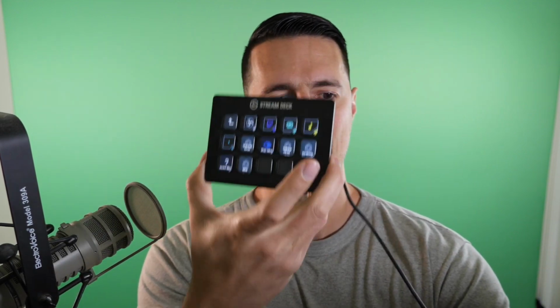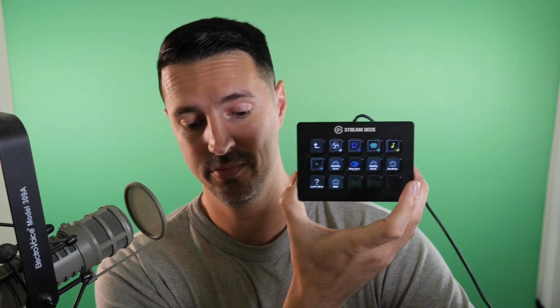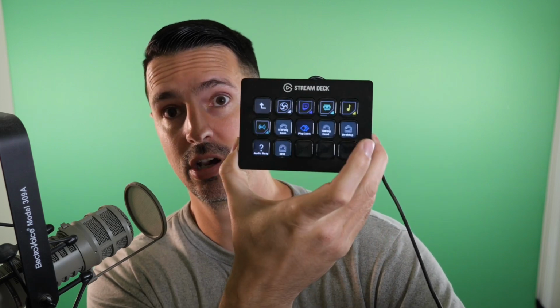If you're streaming, you have to have a stream deck. This is pretty cool. This automates everything at the touch of a button. So for example, let's see. Well, I can change my scene. So I can go to